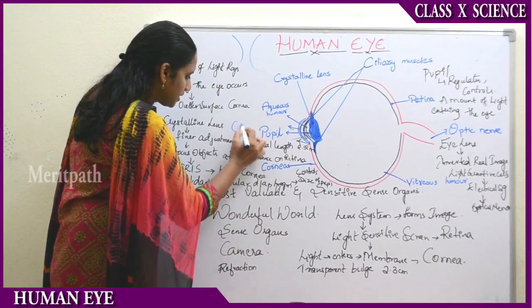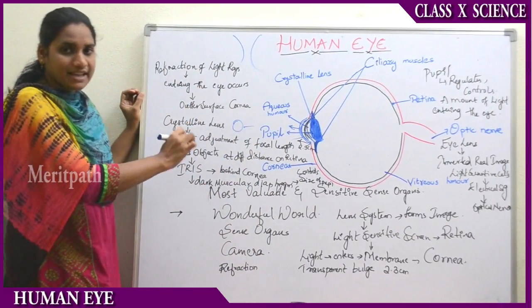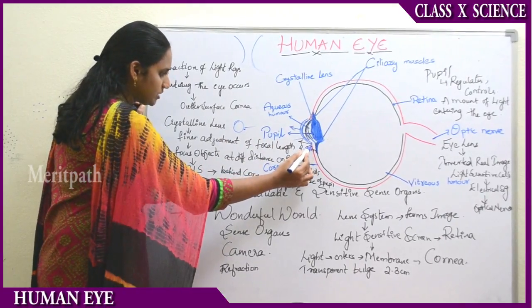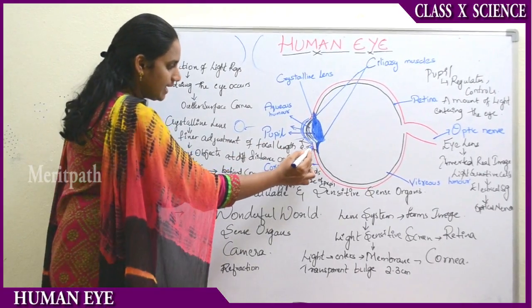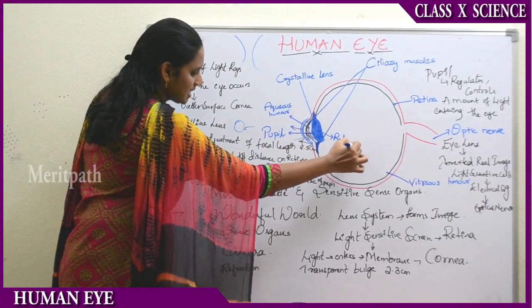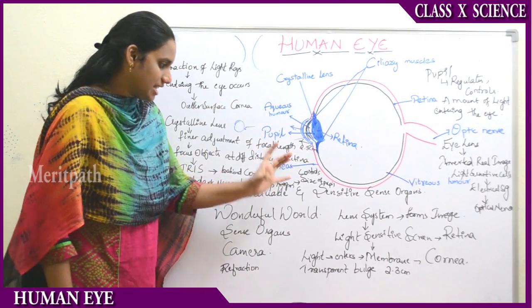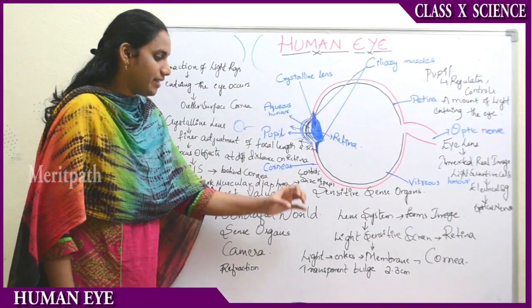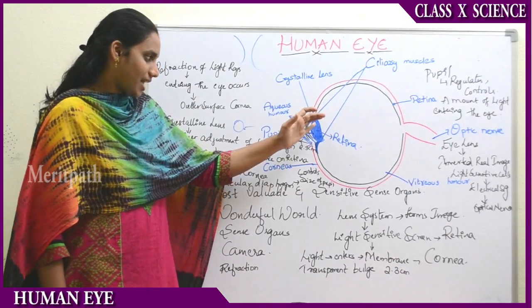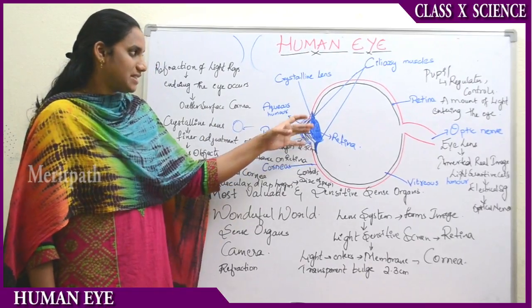Whenever you see an object from a far place, the object reflects light rays, right? And they pass towards the cornea, that is the outer membrane, and enter into the inner membrane, which is the retina, acting as a lens system. The lens system, that is the retina, forms the image, and this image will be reflected on the light sensitive screen. The light sensitive screen is nothing but the retina, which will capture the image and send it to